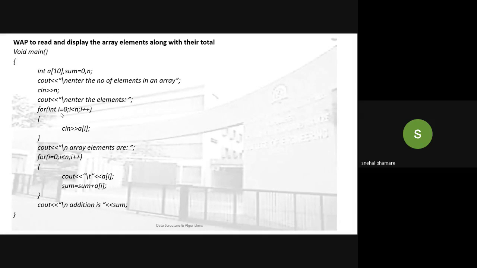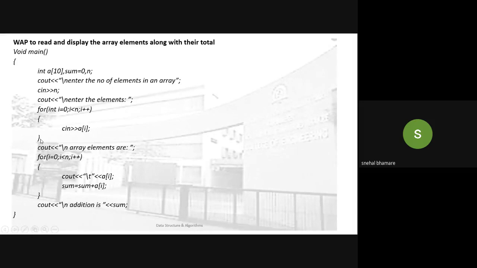Declaration of variable should be done at the start, ma'am? In the C++ language you can do it anywhere in the program. Wherever you use that variable, at that time also you can declare that variable. It is only the condition for a C program that the variable should be declared at the starting of the program. Okay. So in C++ you can declare it anywhere. Okay. Any other doubt?